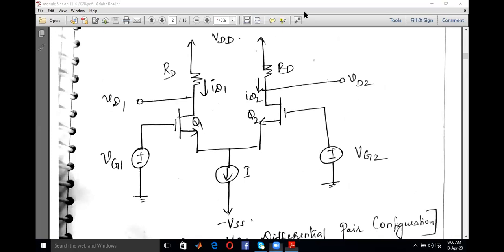The ordinary amplifiers which you have studied previously use coupling capacitors and bypass capacitors. But here, when you observe the circuit diagram, you will not find any capacitors like bypass or coupling capacitors, which means that the circuit is less bulky and very easy to handle. The hardware complexity is very low, so we need not bother about how to integrate bulky capacitors within an IC. We are going to deal with only the transistors and the two resistors, which you can see in the drain part of the circuit.